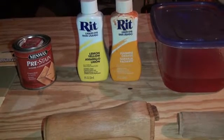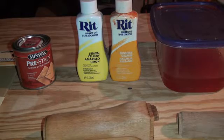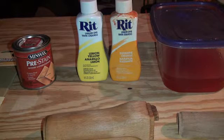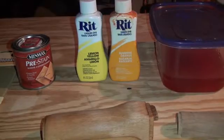Actually, for the color, I'm using RIT clothing dye. You can pick this dye up at any hobby and craft store. I actually picked this up at Walmart, in the chemical aisle in the grocery section. So, hey, works out for me. The colors I'm using are lemon yellow and sunshine orange. But anyway,